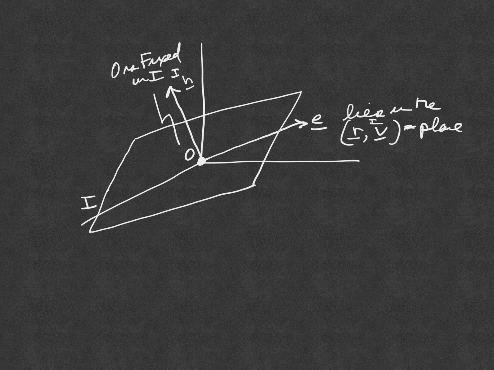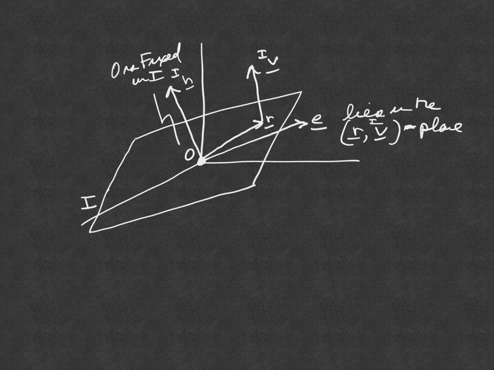So somewhere in this plane is this position R, and then subsequently also the velocity VI. So they're both in that plane, and E is also in that plane. So now we actually have two vectors that are orthogonal to one another, so we can define a right-handed orthonormal